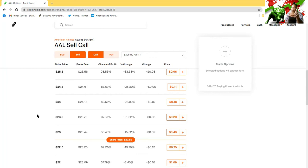And I ended up buying that option back. And so it was a wash for me, a complete wash. I got to keep my stock, but the price ended up dropping back down to where I originally sold it at. So it was a complete wash. And I wish I would have just let it go because I made the decision and I should have stuck with it. That's the biggest thing you need to do with options: make a decision and stick with it. Don't change your mind because